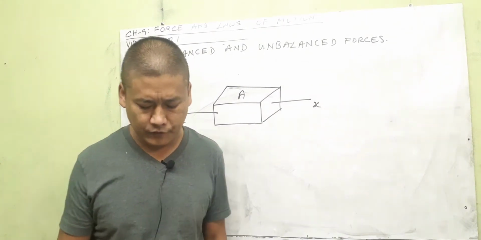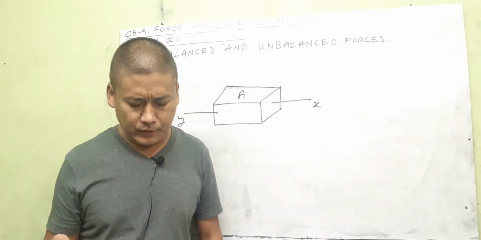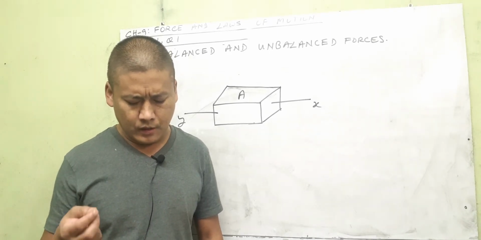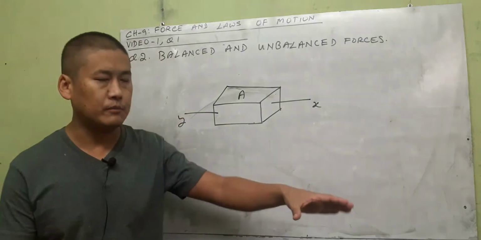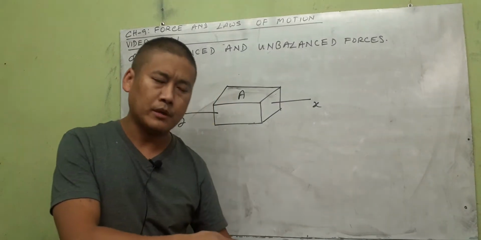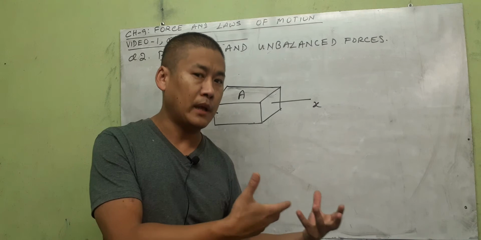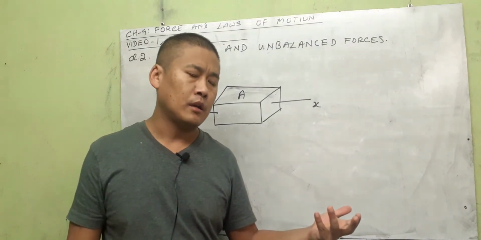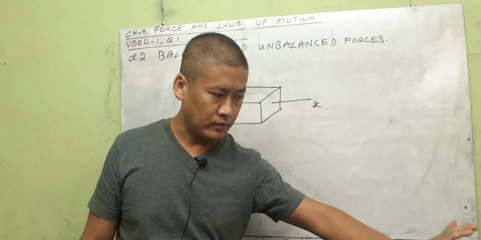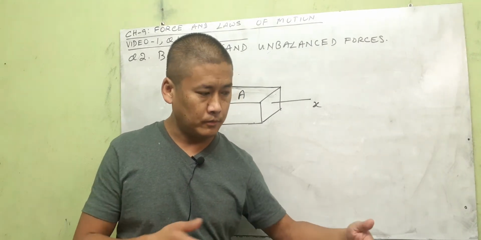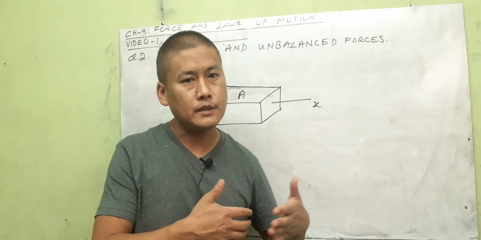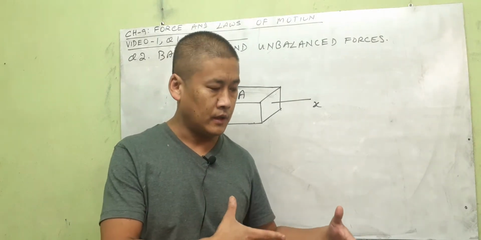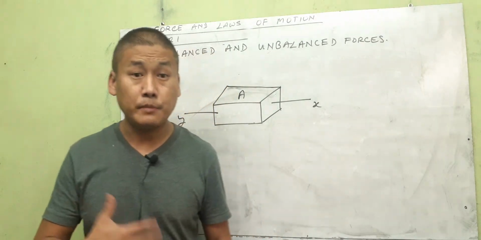Example, balanced forces. A boy unable to move a heavy box because his pushing force is balanced by the friction force of the ground. Now, let us say there's a big box and a boy tries to pull it, but it does not move 1 inch. That's called balanced force, because the force with which he is pulling the box is exactly balanced by the friction force between the heavy box and the ground. So pulling force and the friction force have cancelled each other out, and there is no extra force to pull the box, so it's not moving from rest to motion. That is balanced force, okay?